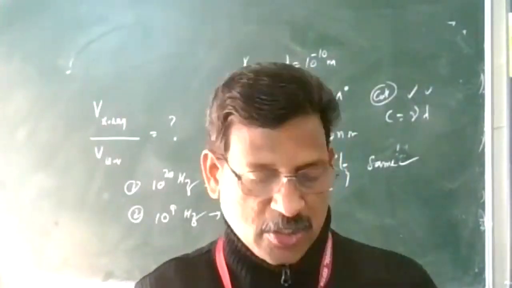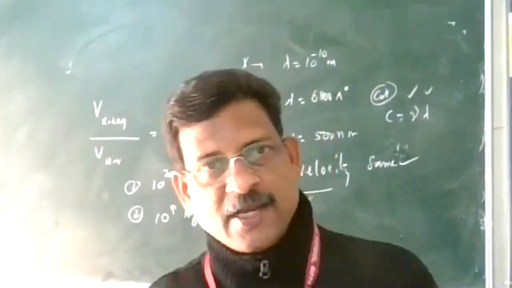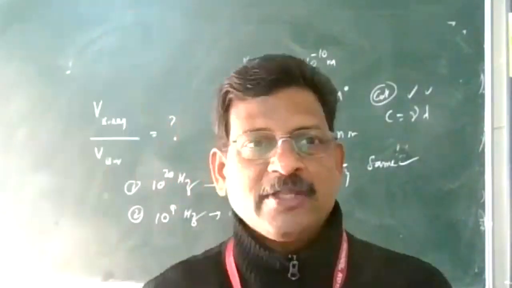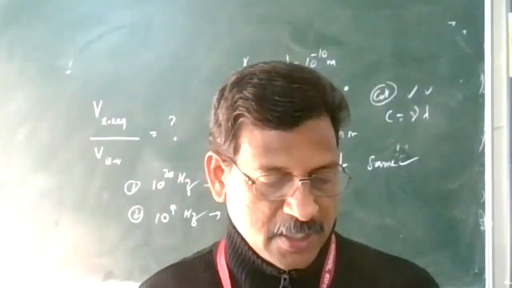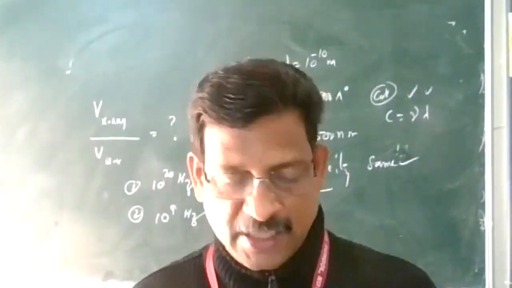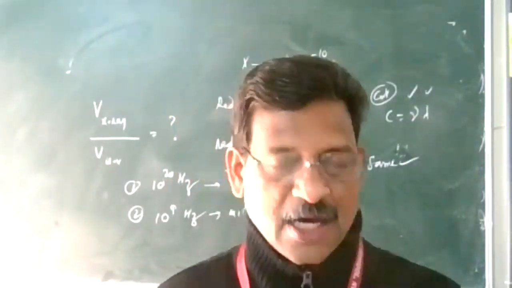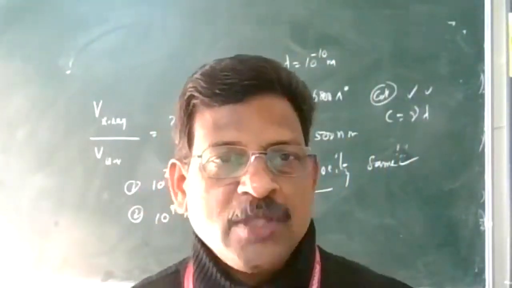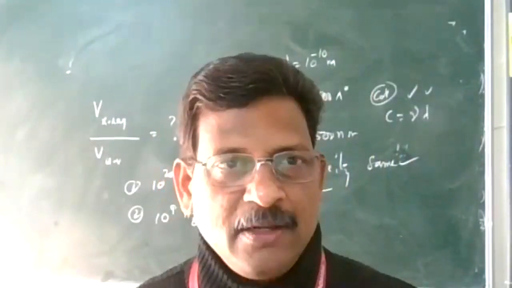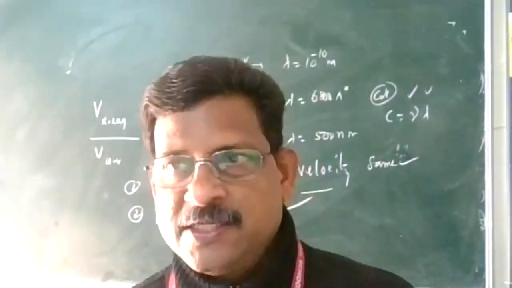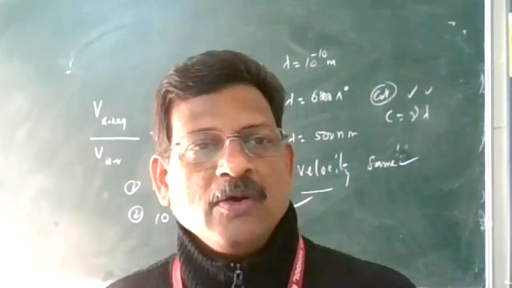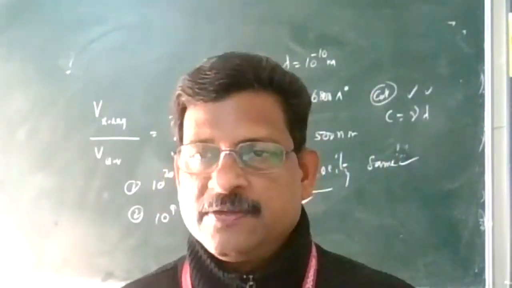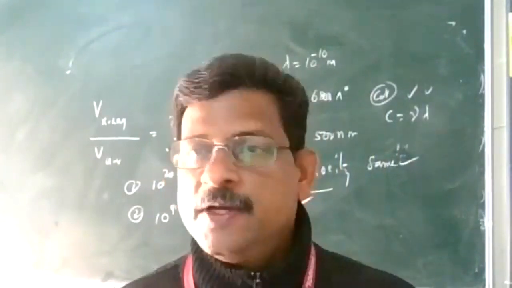So X-ray astronomy is possible only from satellites orbiting the Earth, because the satellites are at a height of about 36,000 kilometers, where the atmosphere is very, very thin and X-rays are not absorbed. So that is why X-ray astronomy or telescopes using X-rays operate only in satellites, not on the surface of the Earth. So this is a part you can remember.